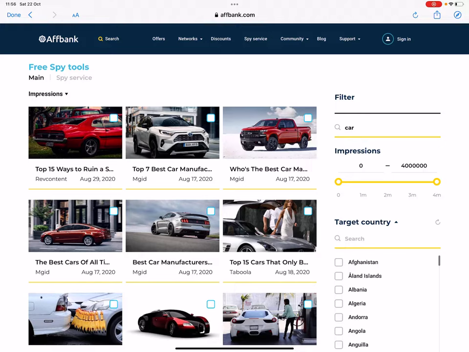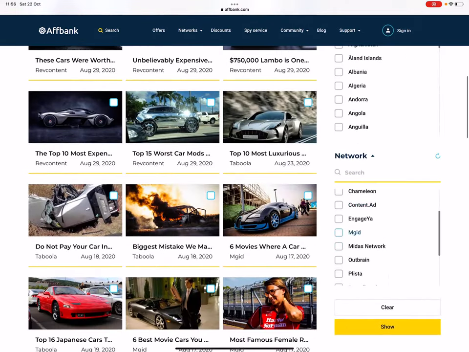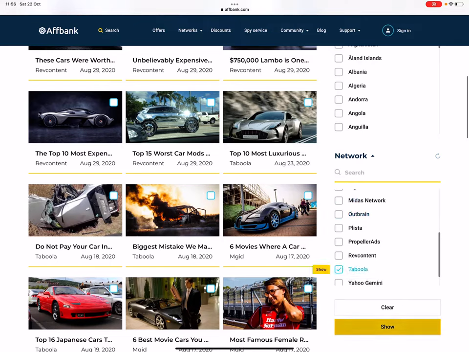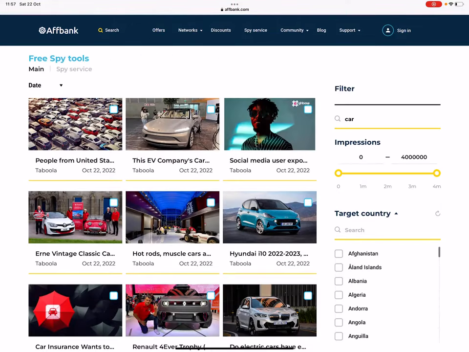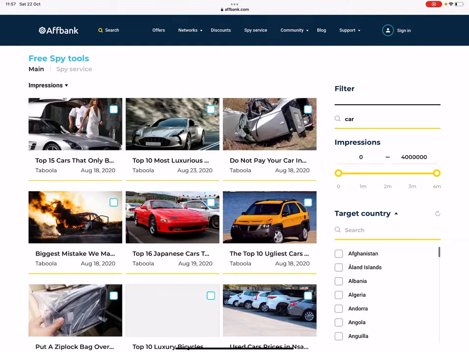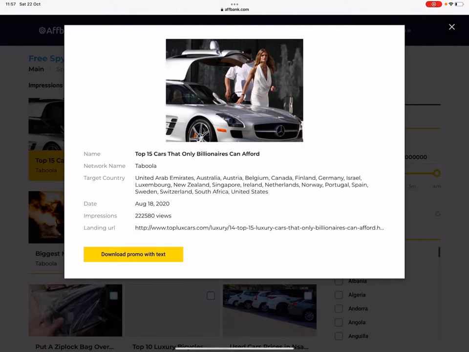So let's just say here it's the car marketplace. We're looking for the most ads. So obviously we're going to be focusing on a network called Taboola, which is a native ad network like Facebook that we can place our ads on. So we sort by Taboola and we just start looking for the most viewed ads. As you've got here, you've got a car ad, top 15 cars that only billionaires can afford, and you can see that it's been seen almost 222,000 times, which is huge, enormous, isn't it? So these ads go out to these countries, and people from these countries click on this ad. This ad then goes to your website,